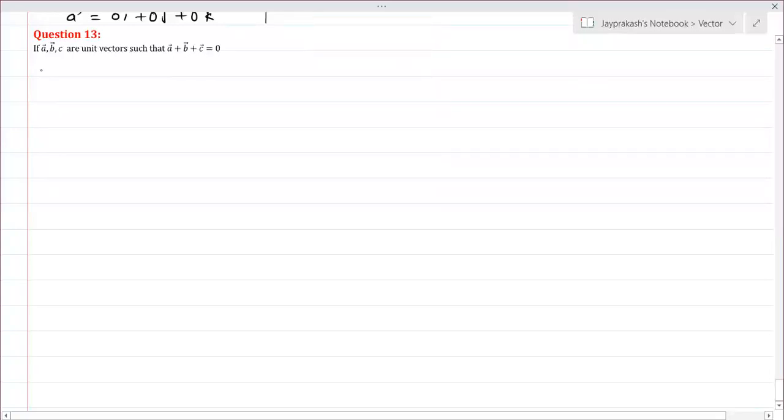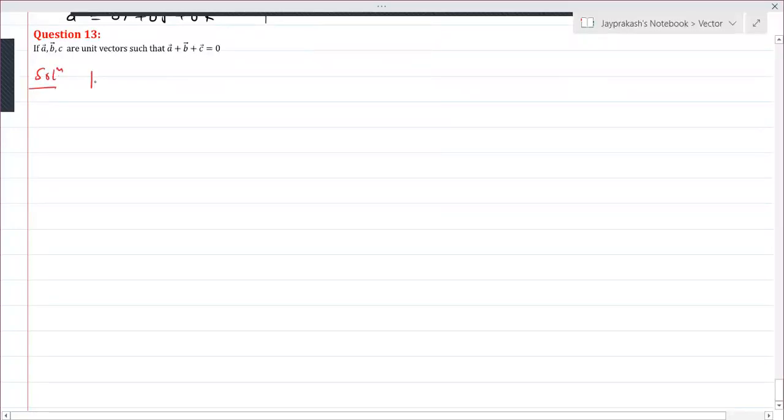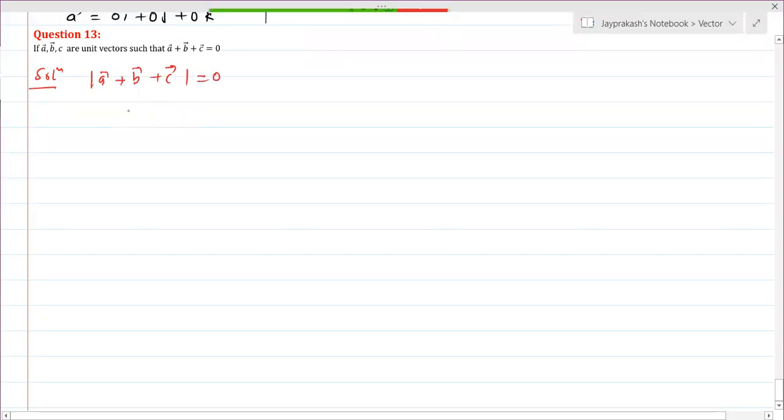A plus B plus C is 0. So you can simply write here the magnitude of A plus B plus vector C is 0. Now you can also write the square of the magnitude is 0, because if the addition is 0, then the square of that particular magnitude is also 0. Now instead of square, you can also write here A plus B plus C with the dot product of again repeating A plus